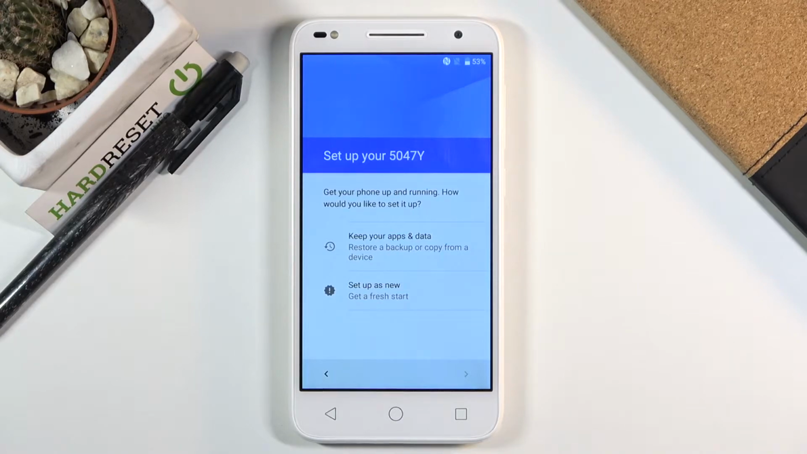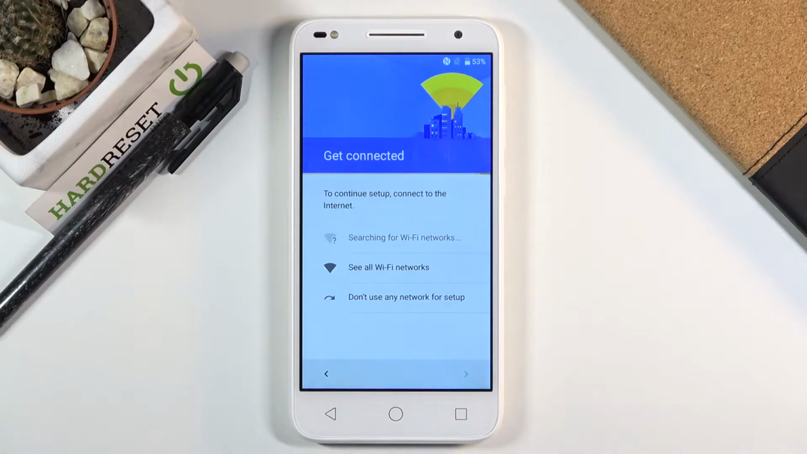Now, next page, we have the option to either restore the device or set it up as new. I'm going to be setting it up as new. And from here,